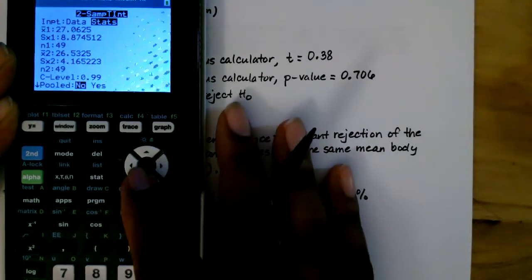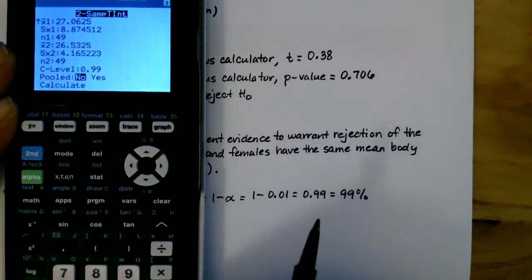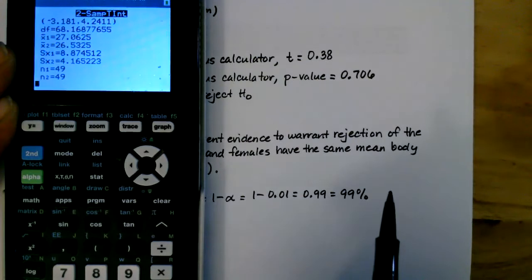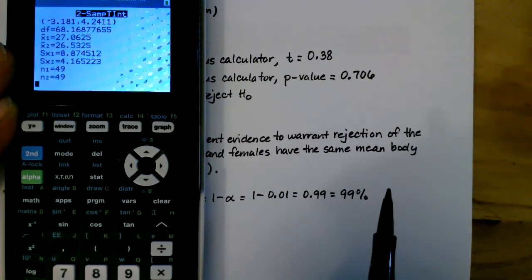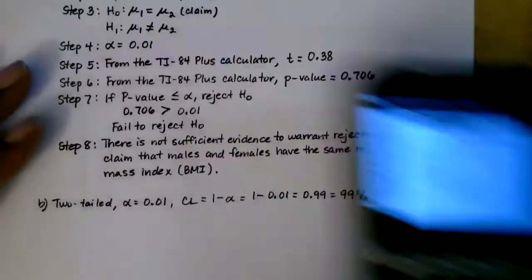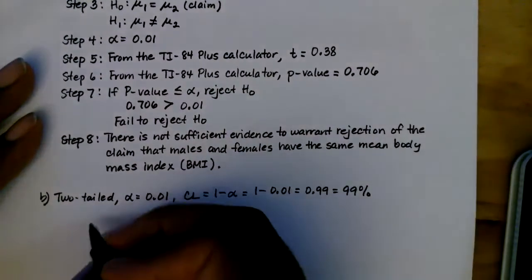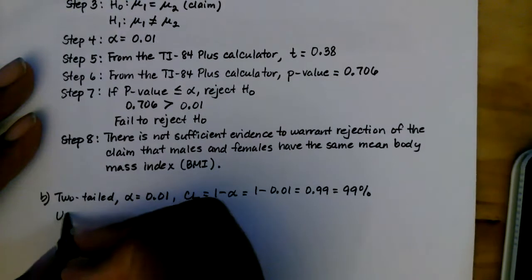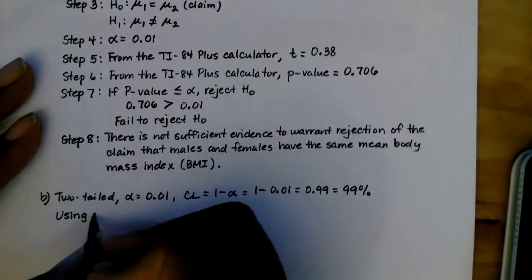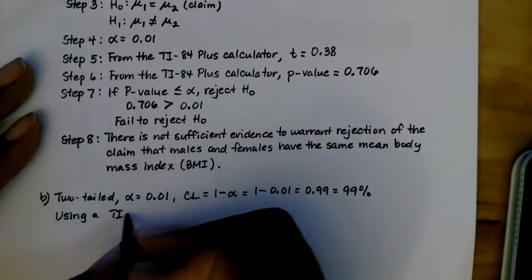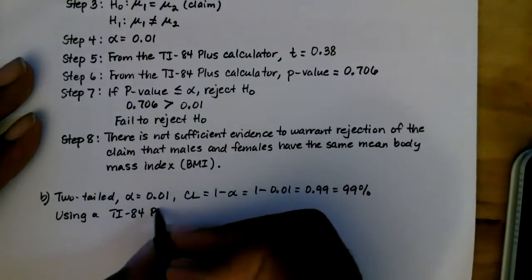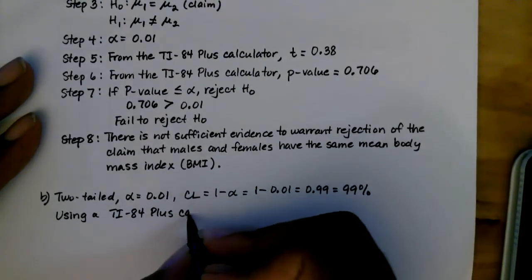Pool should be highlighted with no. Go all the way down to calculate, hit enter, and there's your confidence interval at the top. So I'm going to write this out as, well, let me write this as using a TI-84 Plus calculator